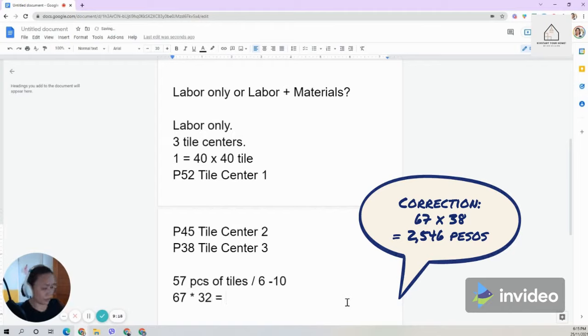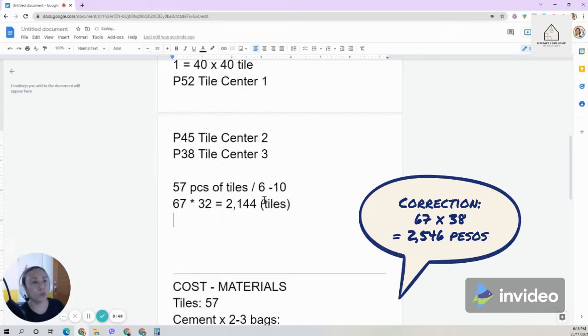Let's grab a calculator. So 67 times 32 is 2,144 for the tiles. Plus tile adhesive times 2, 190 times 2 bags times 2 equals 380